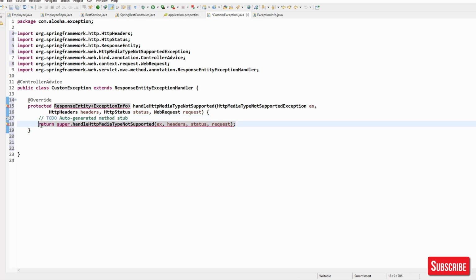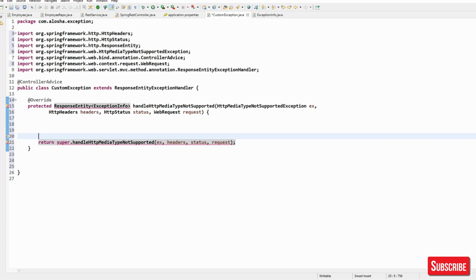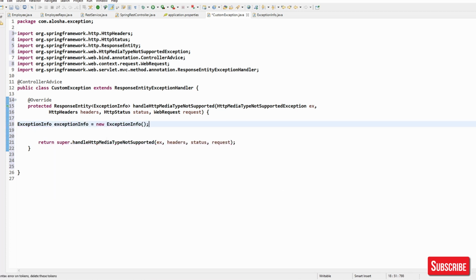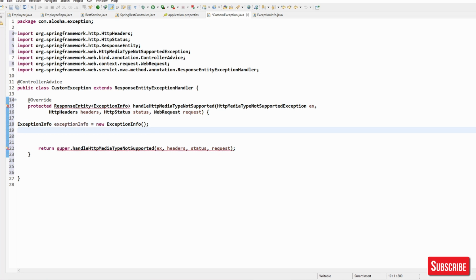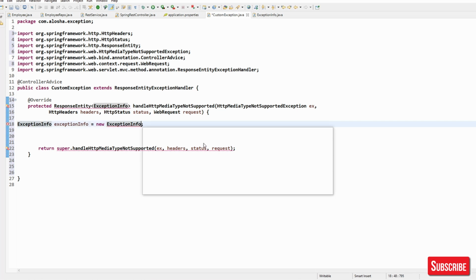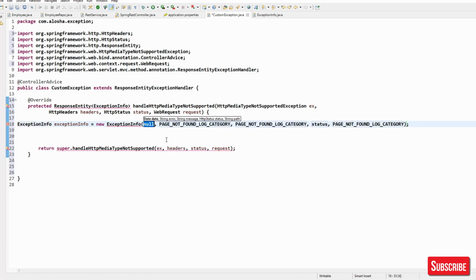First, let's create our ExceptionInfo object. ExceptionInfo is equal to new ExceptionInfo, and here, rather than go, just create the date.